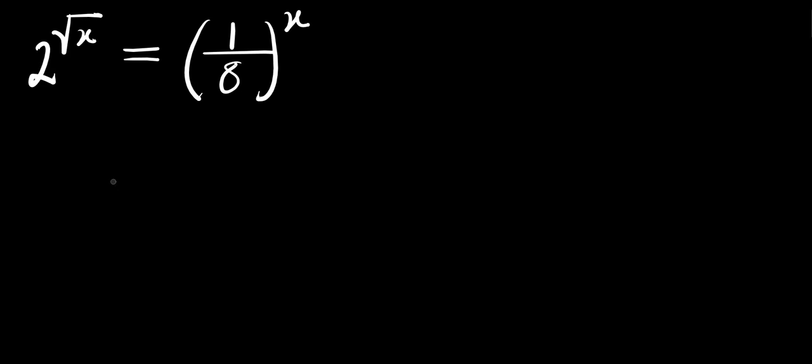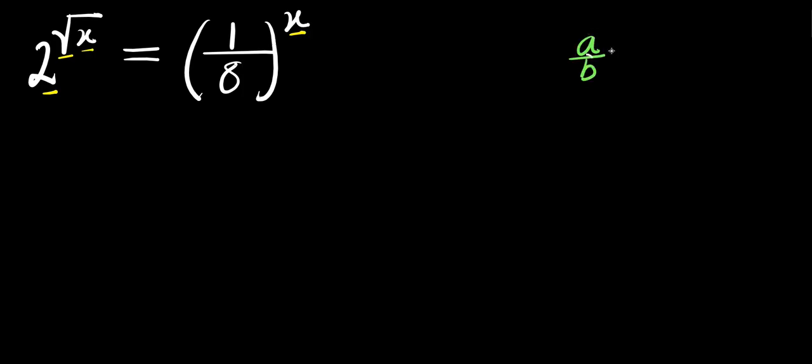Hello, how to solve this exponential problem? This is 2 to the power of square root of x equals 1 divided by 8 raised to the power of x. So, let's consider this if you have